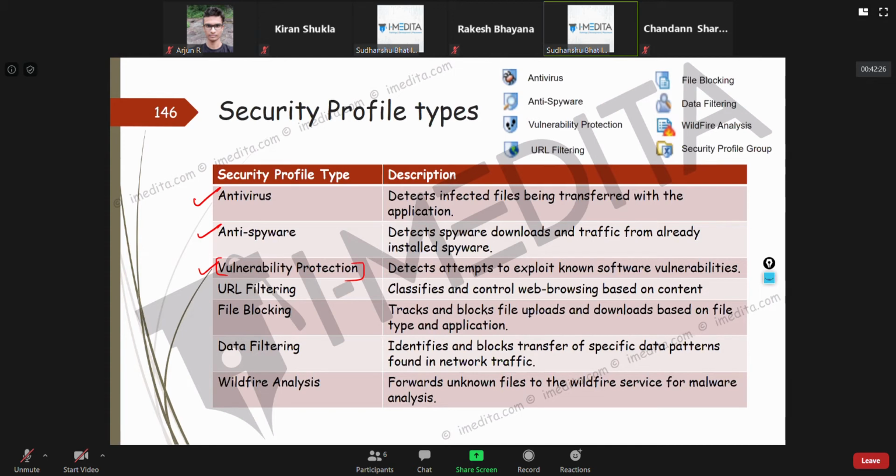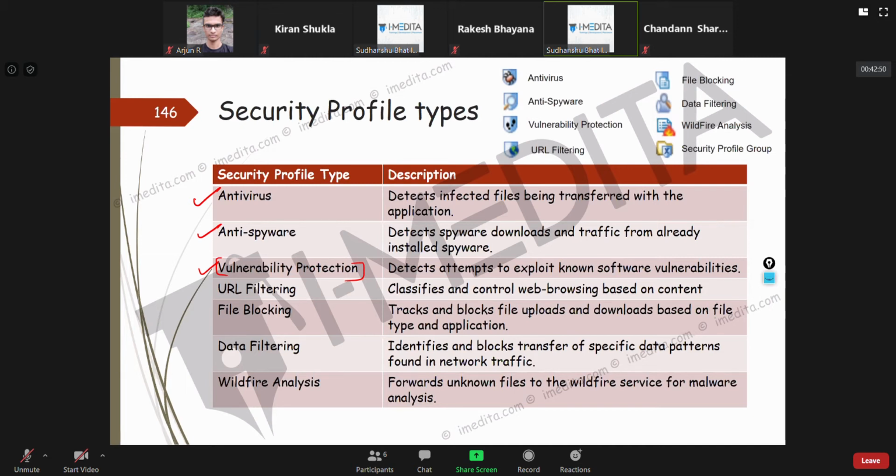They keep rolling out new versions of the software and fix a lot of vulnerabilities and bugs. So vulnerability protection profiles protect you from somebody trying to use a vulnerability of a software to attack you.